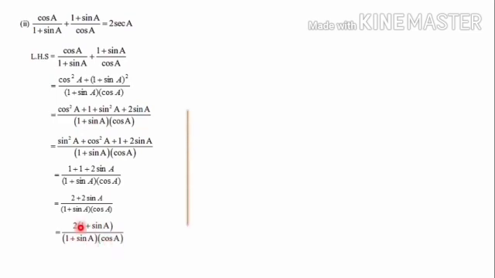Here (1 plus sin a) is common for both numerator and denominator. It will be cancelled and the balance will be 2 in the numerator and cos a in the denominator. So 2 divided by cos a. So here 2 into 1 by cos a format. 1 by cos a we know by using reciprocal ratio we can write it as sec a. So 2 into sec a, that is the answer. That is our right hand side.